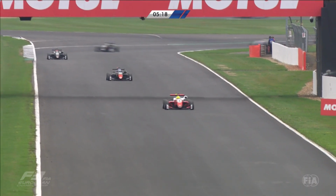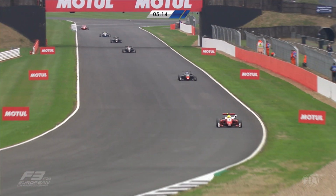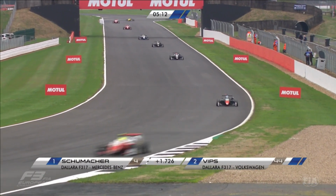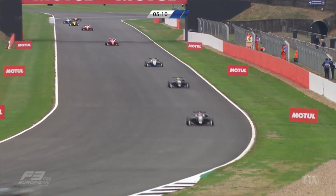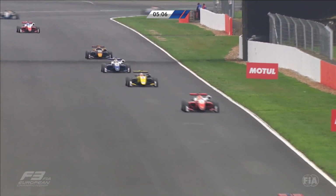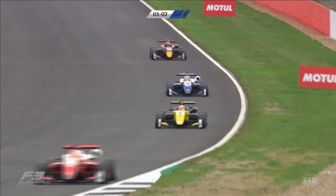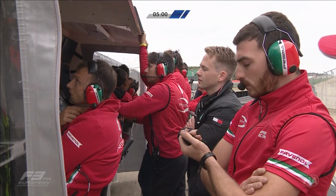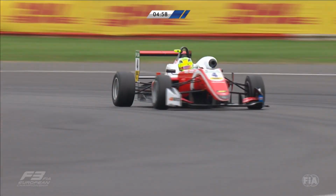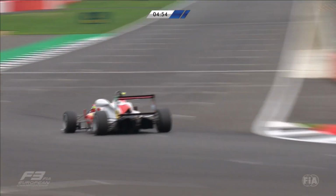On to Hanger Straight, and this time around there is about a 10th to choose between them, but Vips is quicker in that middle sector. He's got 5 minutes and a lap, he's not giving up, far from it. Still 3rd is Shearer, 4th is Aberdeen, 5th Enam Ahmed, and 6th is Marcus Armstrong as the cars now come to the end of Hanger Straight. There is Schumacher. Is this going to be a second win of the season, a second Formula 3 career win